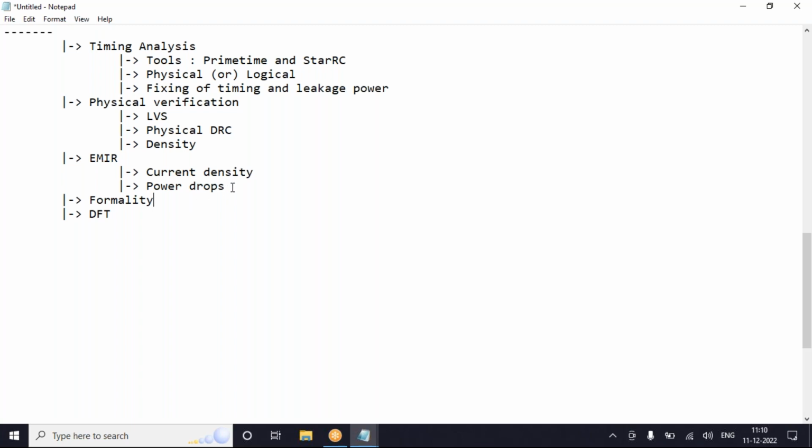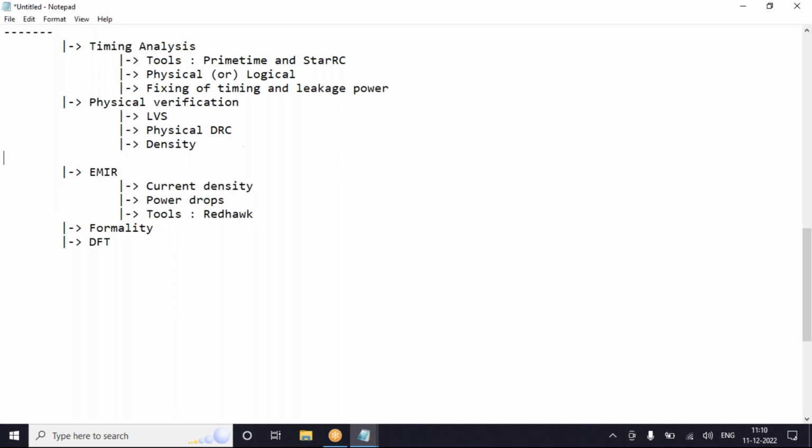For this EMIR, the tool which we are going to be using is RedHawk. And for physical verification, the tools are ICV and Calibre.